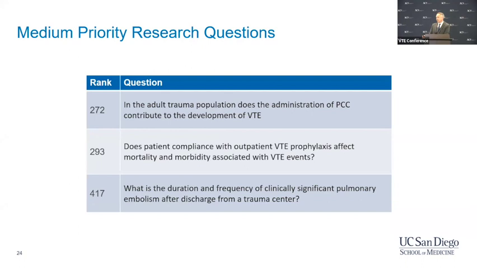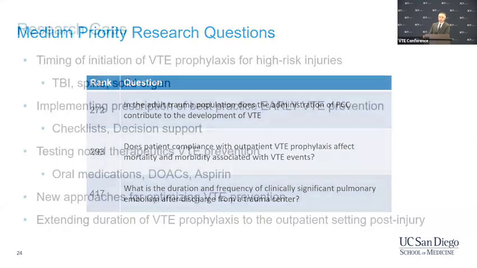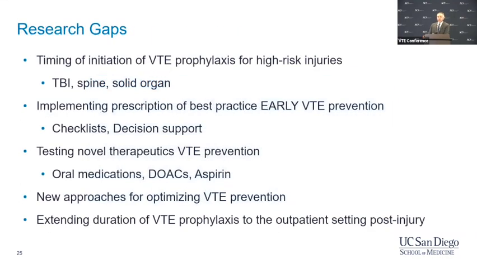So again, it gets to the idea that we only really know what happens to our patients from a VTE standpoint to a certain extent while they're in the hospital. But we send people out who aren't ambulatory, who are still in an altered inflammatory state, and what happens to those folks there? So again, those are the specific research questions. But you can see as we've organized our breakout sessions for today, they actually fall very nicely into those categories.